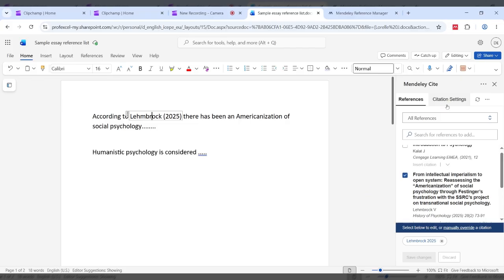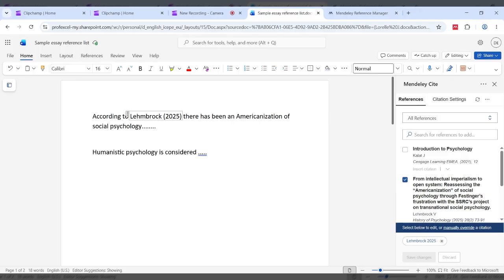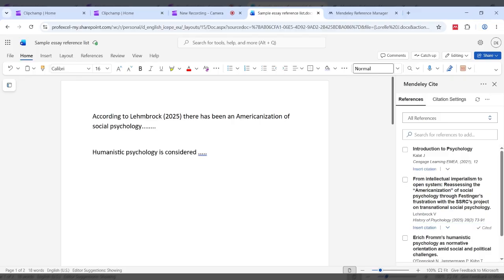You can also just always confirm that your citation settings are correct, that you have the APA style 7th edition, which we do. But I'm happy enough now that after having one in-text citation, I can add my reference list. And it is an option to do your in-text citations and then add your reference list at the end, but I find that it can be quite useful to do it as you go along, just so you can spot any errors and fix them as you go along, rather than coming across issues at the last minute when you're trying to submit your assignment.